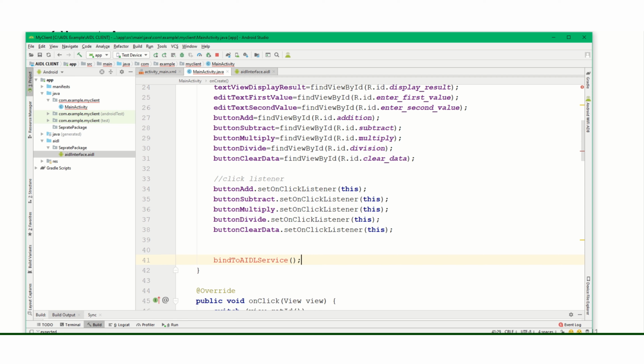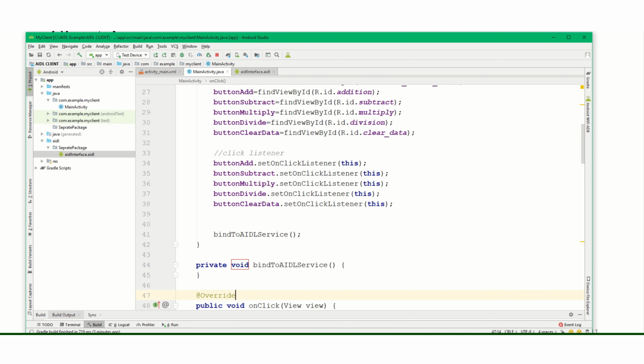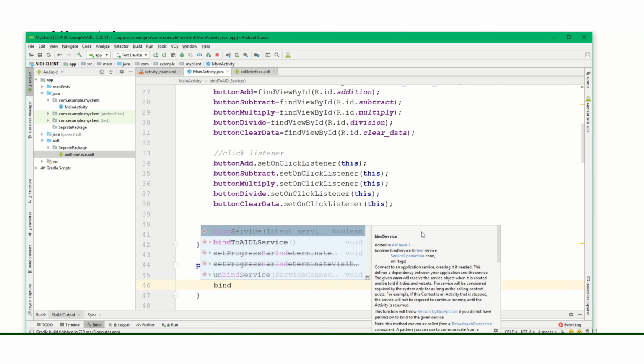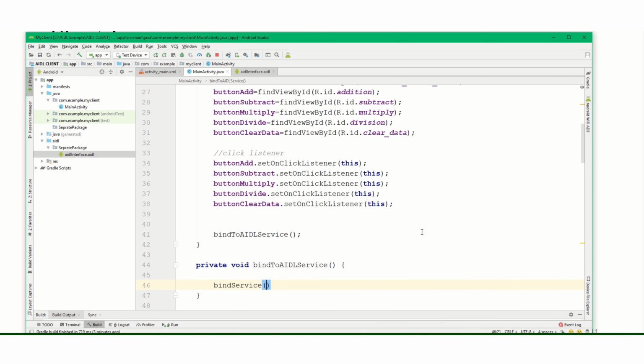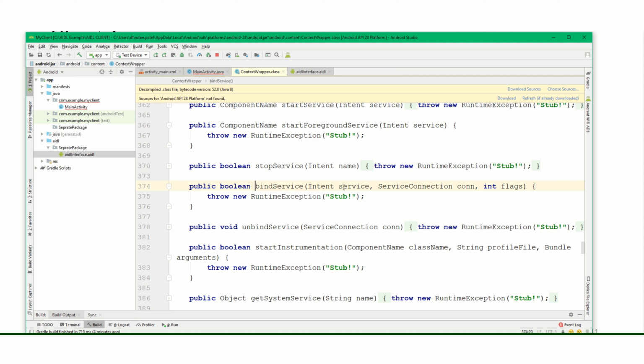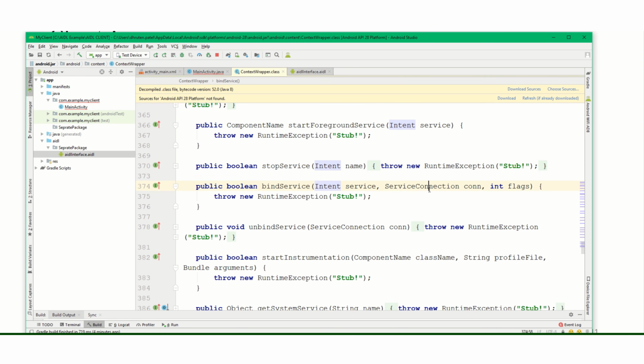You can name it anything over here. And here we will establish the connection. bindService, this is an inbuilt function. You can see the first option, bindService, and let's look at the parameters of it. First one is intent, second one is service connection, and third one is flag.